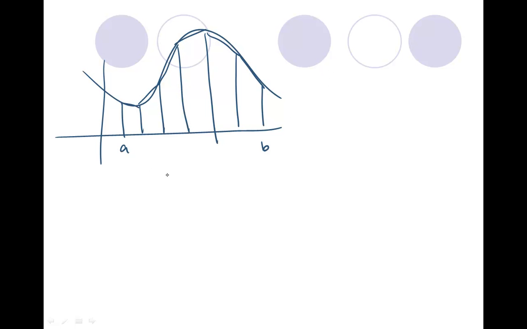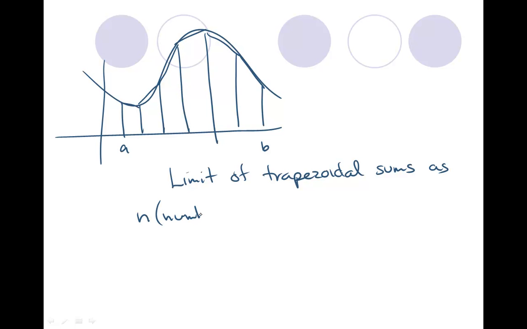So if I take the limit of these trapezoidal sums, if you remember limits from pre-calculus, it means what happens as we get closer and closer. We're taking the limit of the trapezoidal sums as n, which is the number of intervals or divisions, approaches